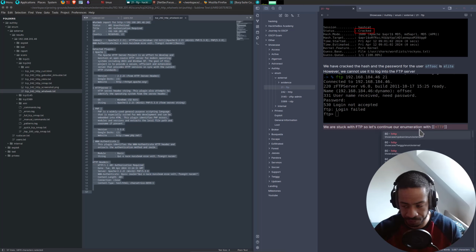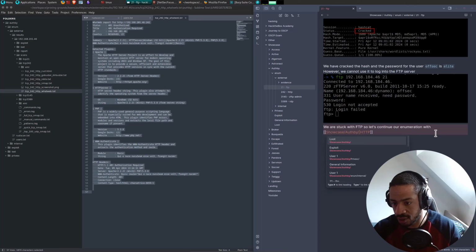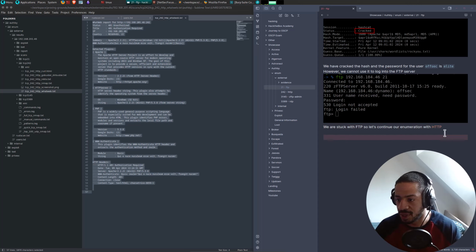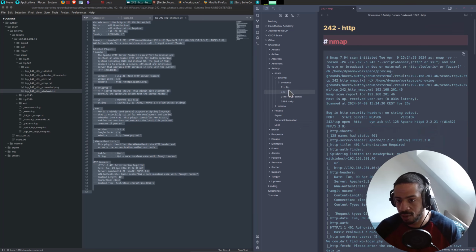And I'm going to say showcase authb, and then of course we're going to say enum external, and then 242 HTTP, like that, because then I can press here and we'll be in 242.